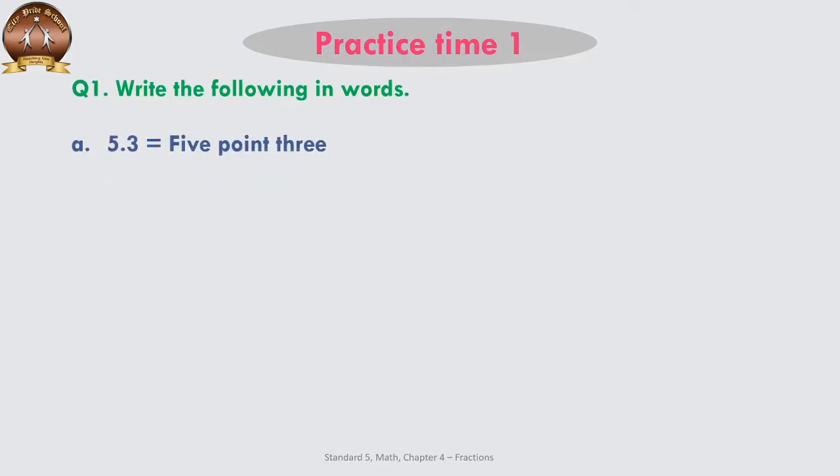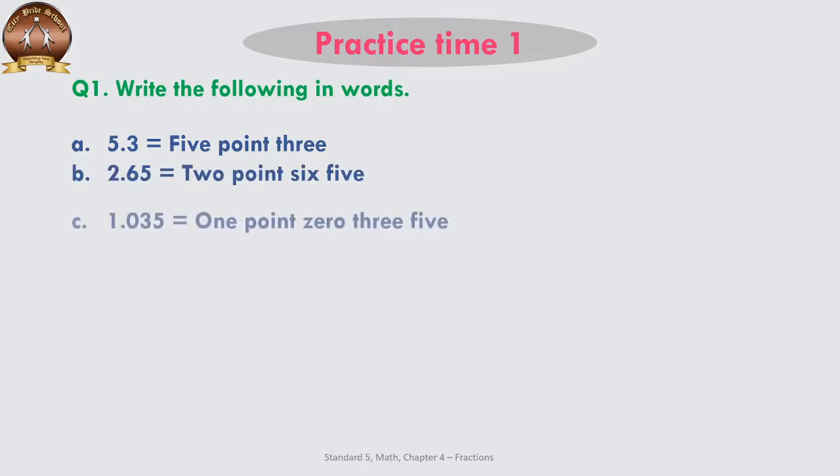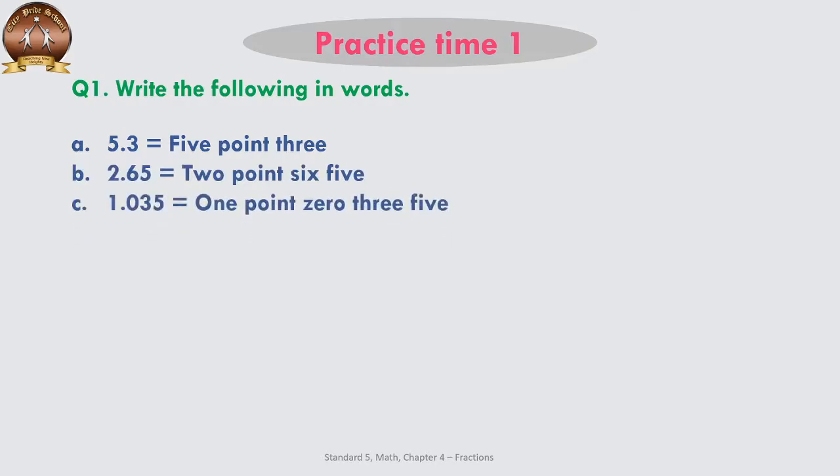There is a question on the screen where a number is written, 5.3. It's written in the same way in words. Then 5.3, 2.65, and 1.035. If a 0 is between the whole number and the decimal number, then it has a value. So it is read as